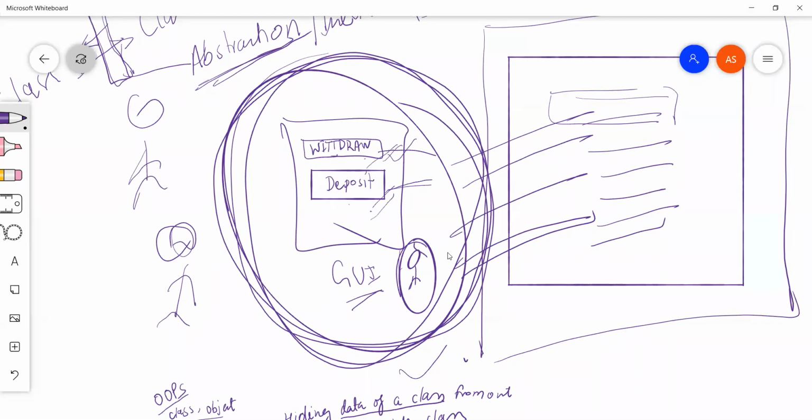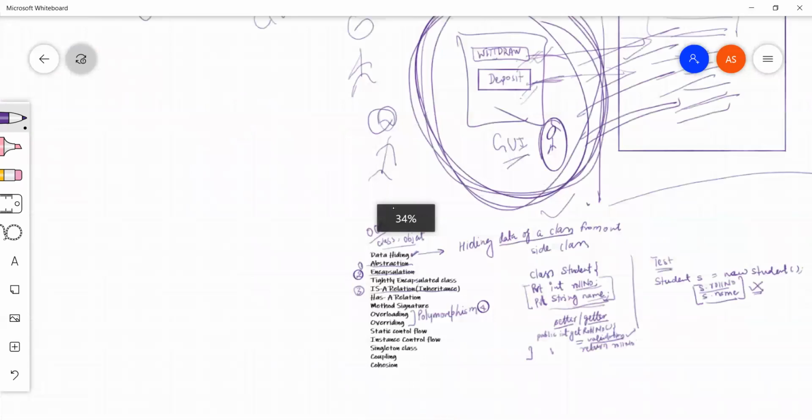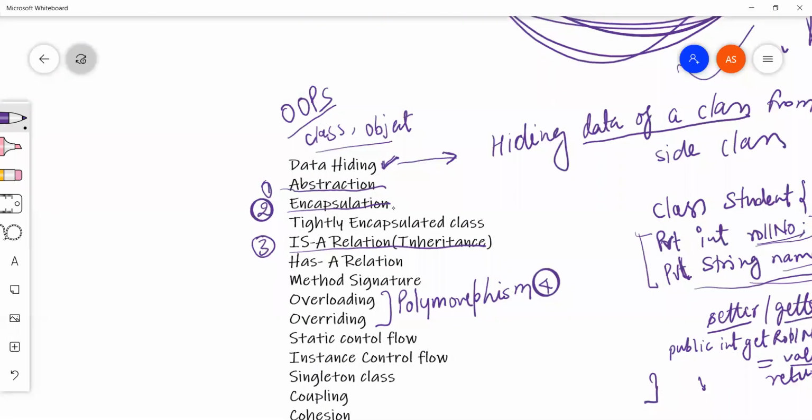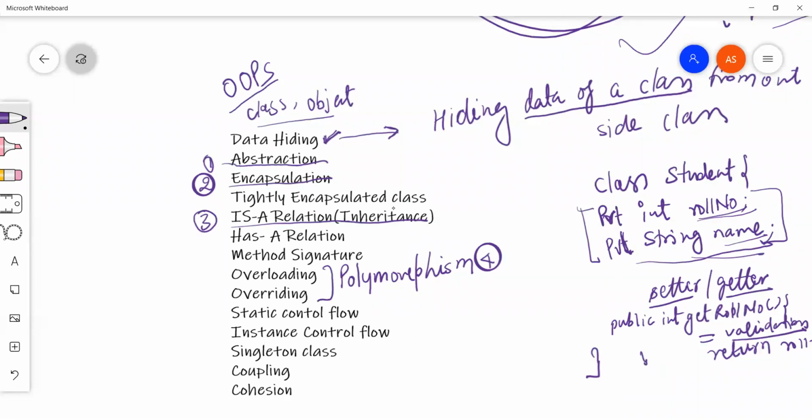We just say withdraw and it does something for us and gives us the money back. When we say deposit, it takes the money from us and deposits that money into the account, right? So this is abstraction. Is it clear, Pravina? Yes, Anuj. All right.